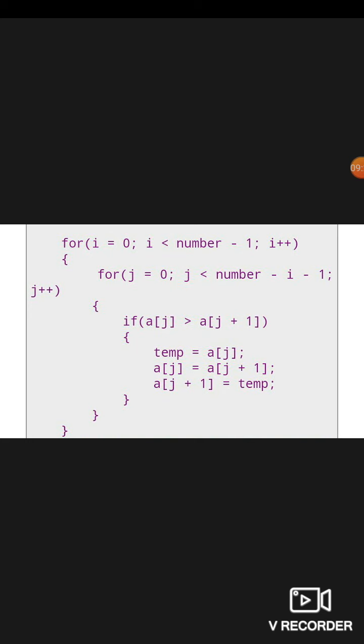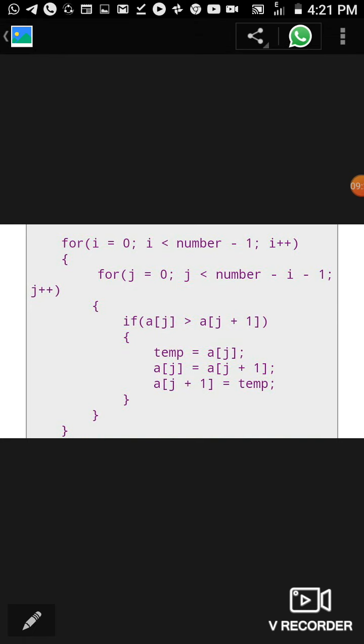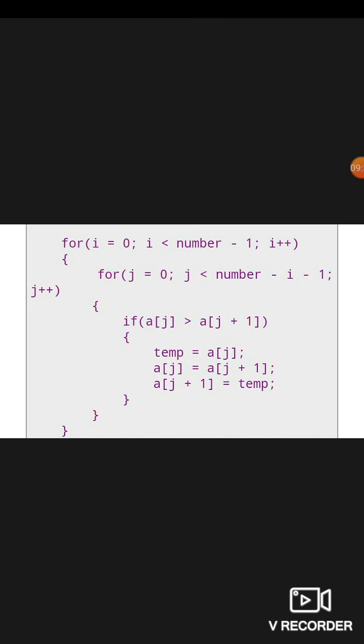So, after doing those two for loops n minus 1 times, your array elements will already be sorted. So, whatever be the name of the array, here the name of the array is a, the array elements will be sorted in their position itself. It will have the same name. The array name will be a itself, and the elements will be automatically sorted when these steps are executed.